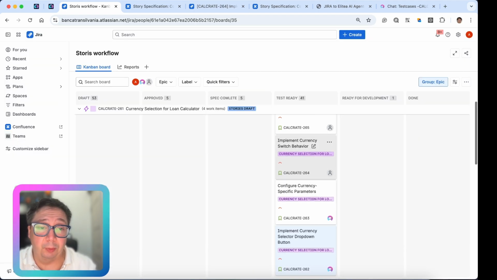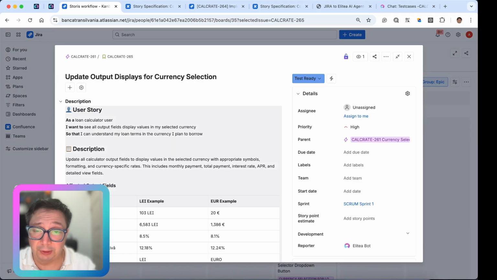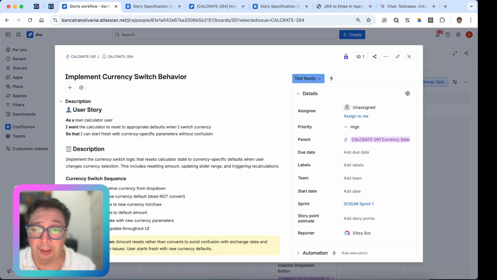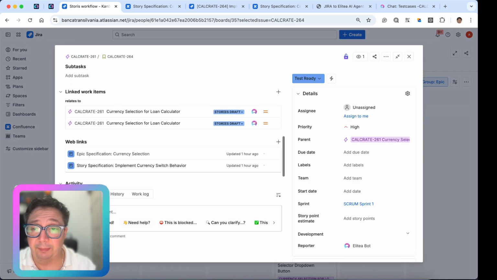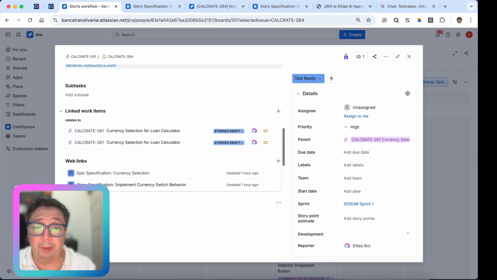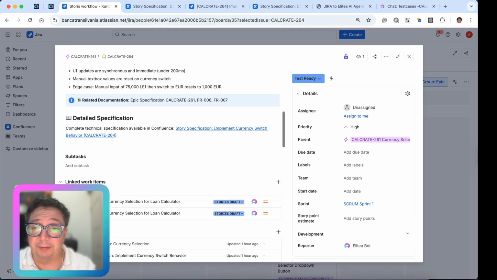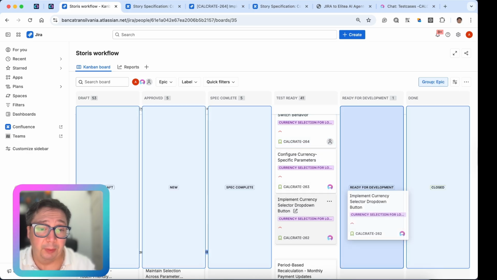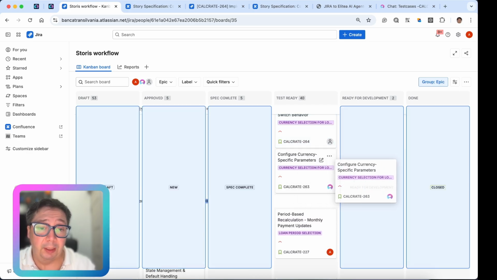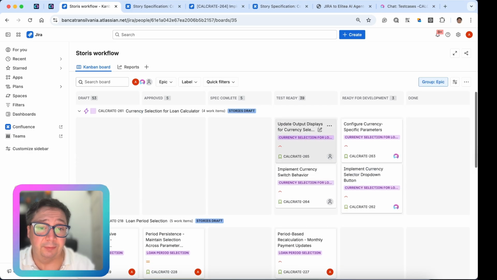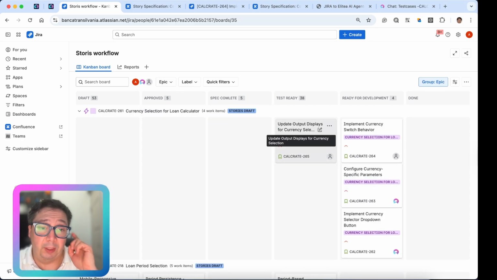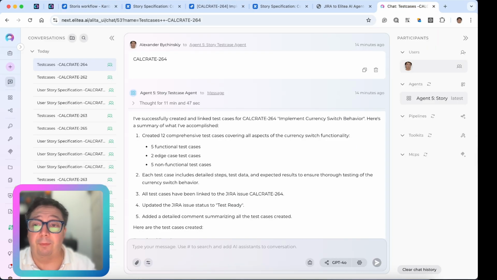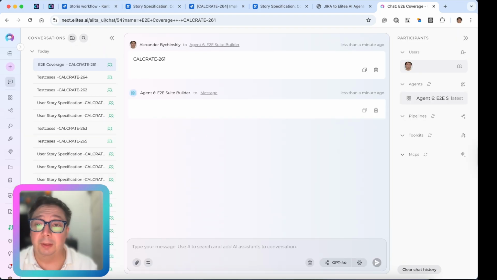So now it's time to move them ready for development. Once I review each user story, right, I see that all of them have test cases. Some of them may be not relevant. I can unlink them or rewrite them, but ultimately each user story is fully specified. I start dragging it to the next status, ready for development, one by one, right, saying, okay, those stories are ready for development. And once last story reaches that ready for development state, a workflow is triggered, like epic level,